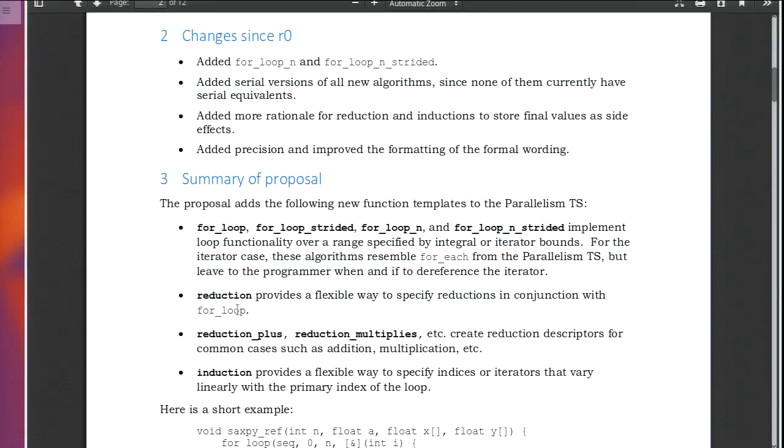However, we won't remove it from HPX. I found it extremely useful, right? Especially for those stencil cases, where